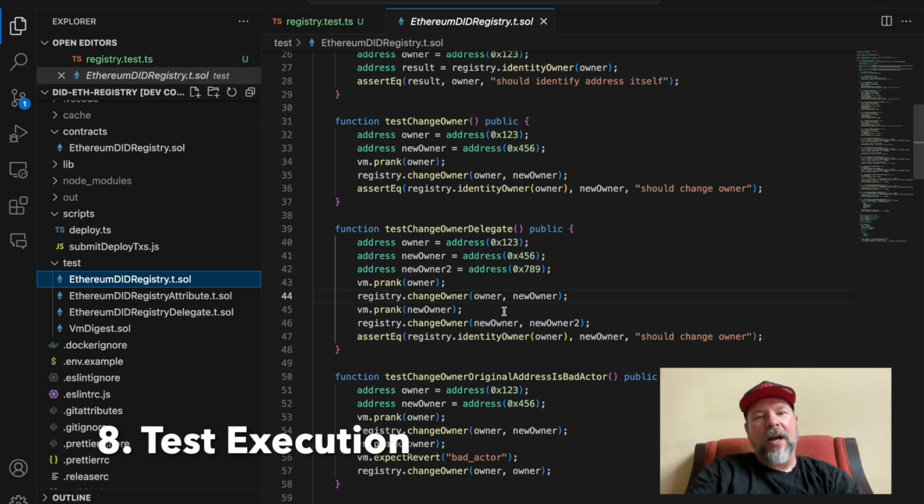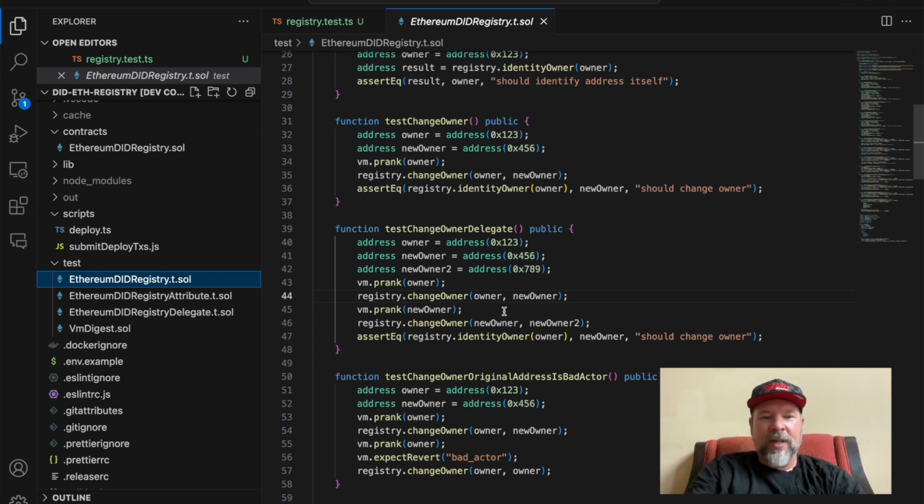The next reason I'm going to put out there is test execution performance. If we have a high performance test framework that uses compiled code to simulate an EVM and run these tests, you're going to get better performance than using an indirect service that boots up and connects through an RPC client.